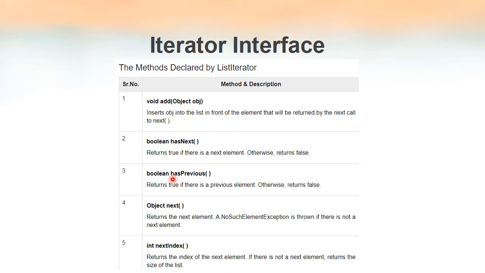We can check whether there is a previous element for the current element inside the collection, that is, it is possible to traverse in the backward direction also. We can get the index of the next element in the collection by using the nextIndex method. So add, hasPrevious, and nextIndex are some of the additional methods that are available inside the list iterator interface, which are not available in the iterator interface.